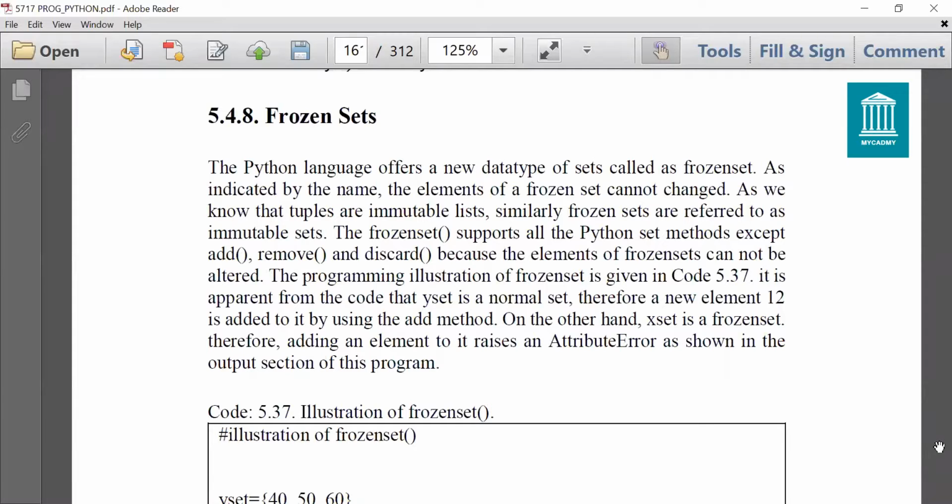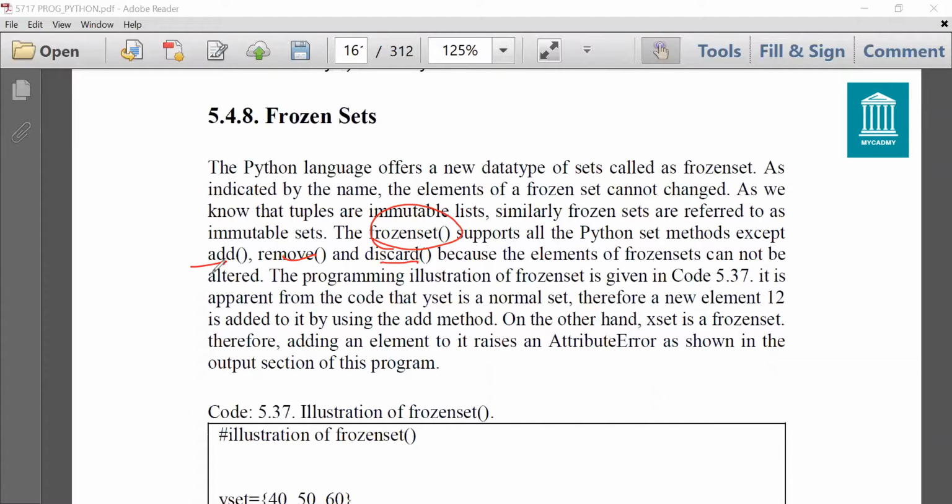Although we cannot edit members of a simple set either, the difference is that methods like add, remove, discard are not applicable on frozen sets, which are applicable on simple sets. They are more, you can say, read-only sets.